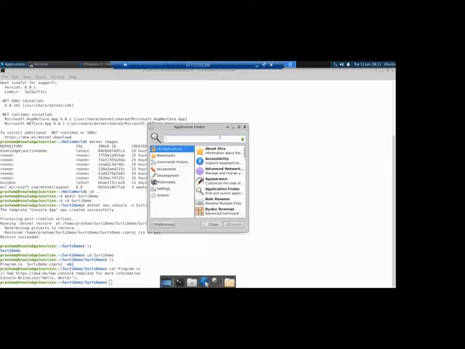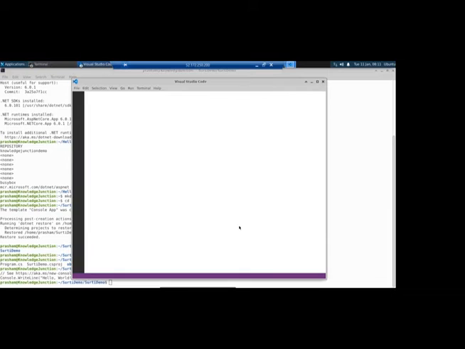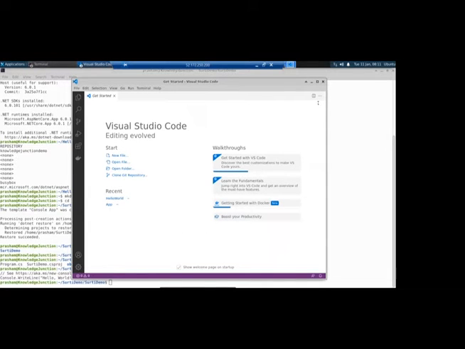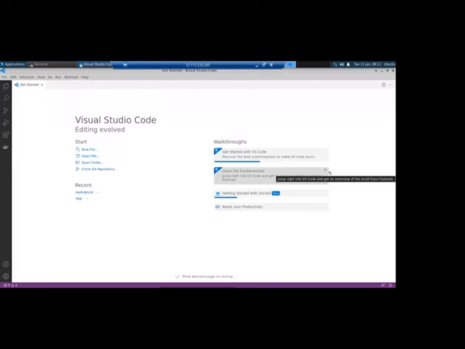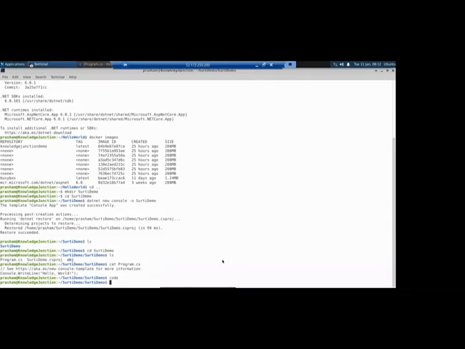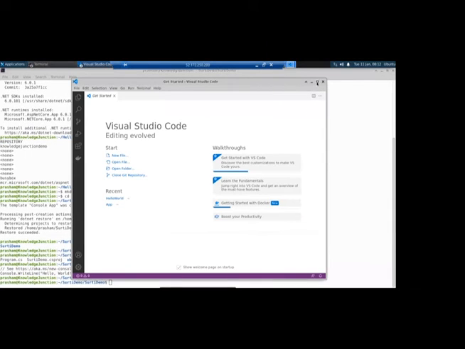We could install Visual Studio Code as well on this box, and I already had it installed. So if I open my Visual Studio Code just to demonstrate to you guys, let's launch it. So this is Visual Studio Code. How to install? The same way, snap install code. We could directly start from here as well with the help of the code command. Okay, it will launch Visual Studio Code.